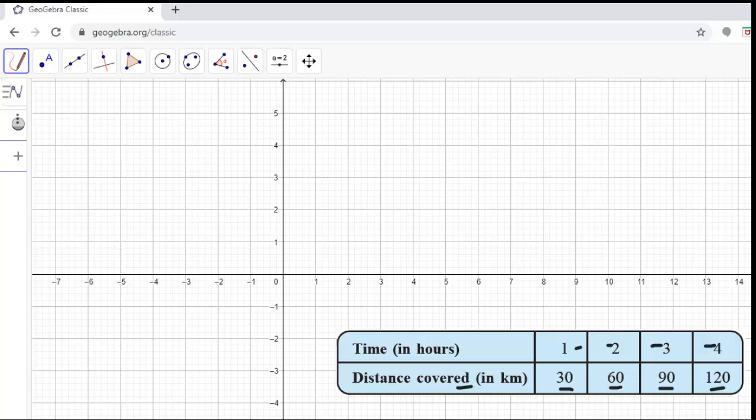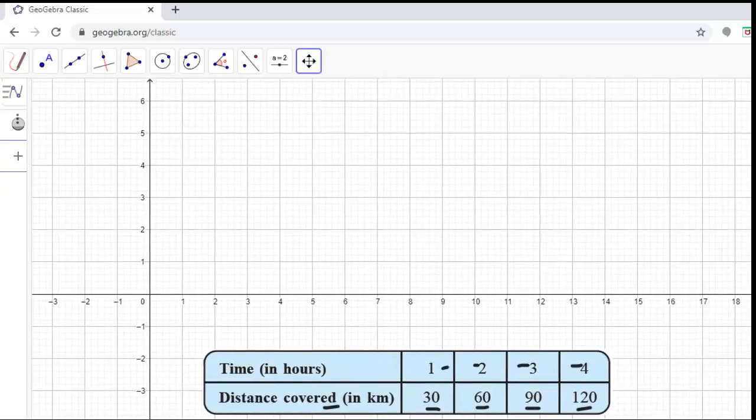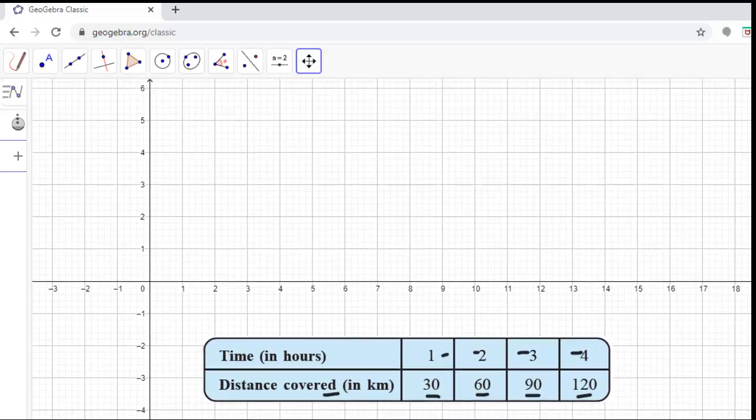Now let us plot this data as a line graph on the GeoGebra Classic graph. First of all, we choose the first quadrant. So we have to move the graphics view. Now the graphics view is visible.